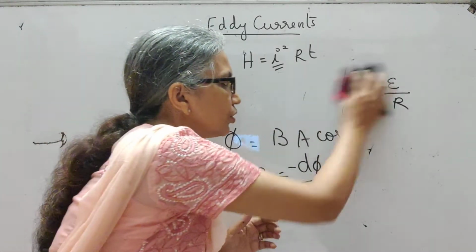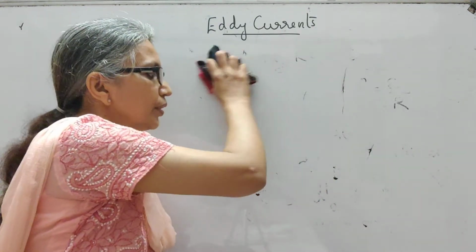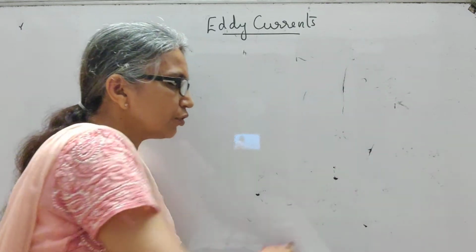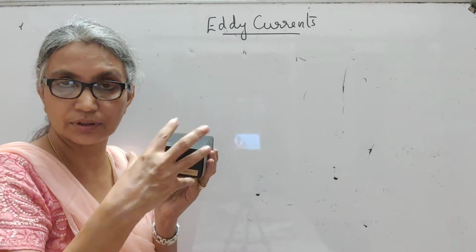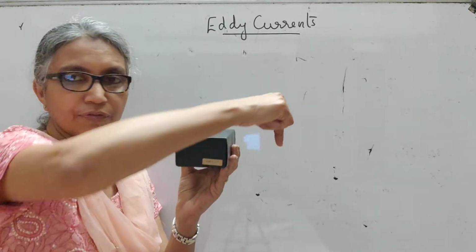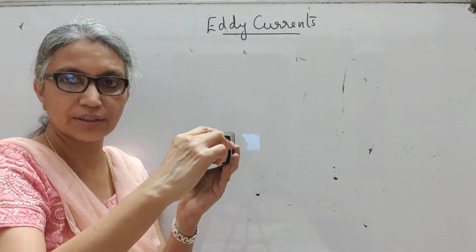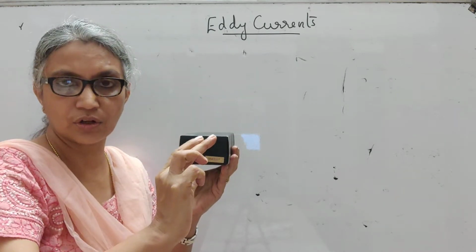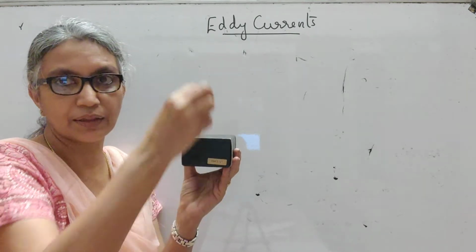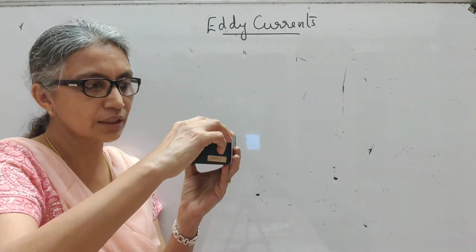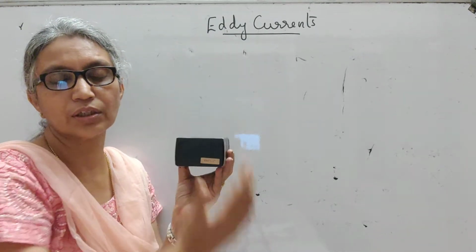One example that is given in your textbook is the core of a galvanometer. We have already done the galvanometer in the 4th chapter. You know, there is a soft iron core, a circular soft iron core, around which we have a rectangular coil, and when this rectangular coil carries current, it is subjected to a rotating torque and a restoring torque. The motion of the coil is connected to a spring, and that is connected to a needle. So as the restoring torque and the rotating torque become equal, the coil will come into equilibrium and your needle will come to rest.